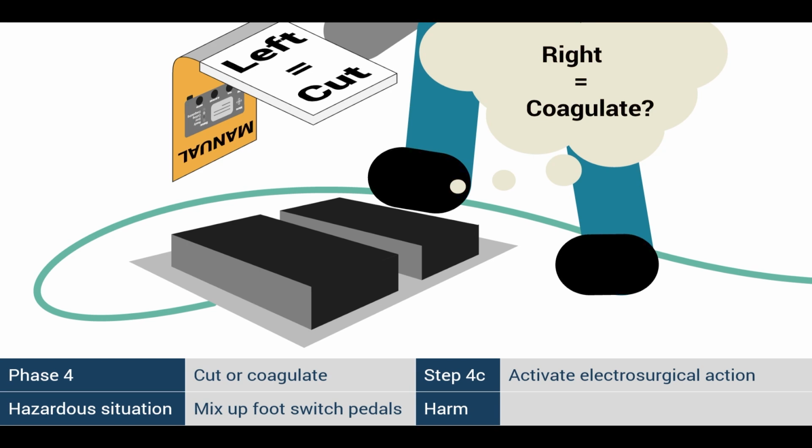After all, from your position, which pedal do you press if you want to make sure you coagulate while cutting a blood vessel and not just cut it open? This situation is a typical systemic fault caused by a design flaw from a usability perspective. We can expect many users to make the same mistake simply because the designed interface is unclear.